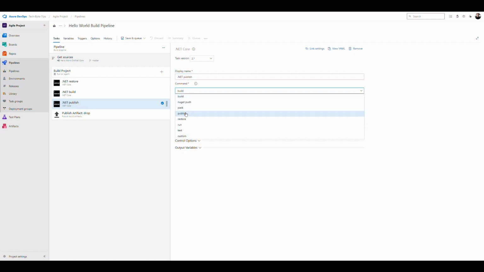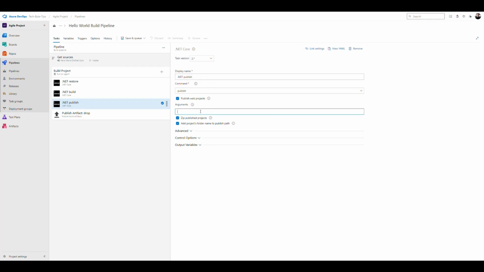And then we're going to select the publish command. In this case, the arguments are different. We're going to tell it to publish the web project. That's already checked out. But then we need to tell it where we're going to put it. So then we're going to put /output. That's telling us that the output of that publish is going to be sent to the build